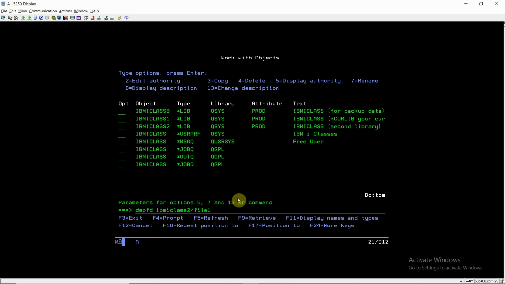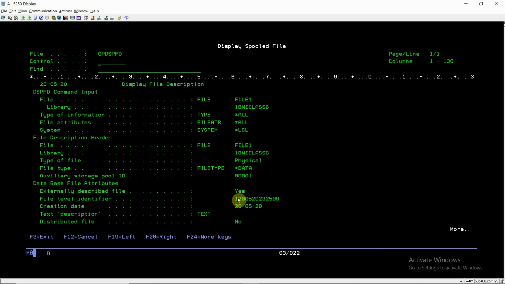Now if I do this on the IBM I class B library, where I performed the copylib, and search for this, I cannot find it. If I see here, this is changed with respect to the previous one.